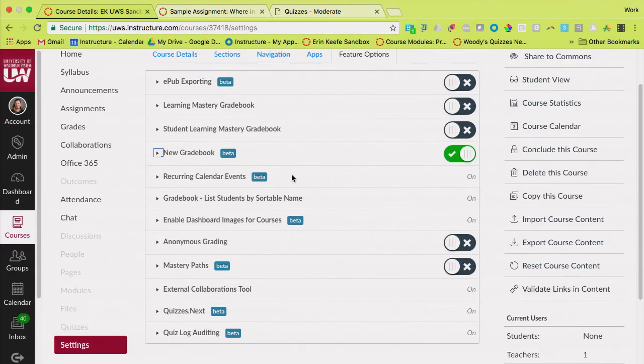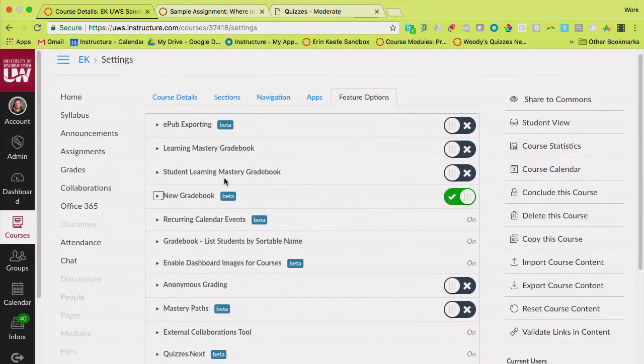So it says beta, meaning that you can select it. But I do want you to turn it on because we're going to take a look at the new gradebook only. We released new gradebook in the winter. And the reason why we didn't make everyone use it is because for our K-12 friends who would have been in the middle of a school year, we would have had meltdowns because their gradebook all looks different, even though it is better. So right now it's a choice. In the summer, we'll replace all the gradebooks with just what you're seeing today and what we're going to be calling new gradebook.